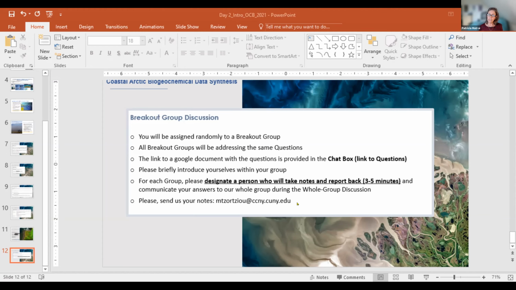For each group, please designate a person who takes notes so that you can report very briefly, 3 minutes at the most, when we all get together. And then please send us your notes. You can take a photo of your handwritten notes, like mine were yesterday, or type them directly into the Google Doc. With that, one of us will remain behind in the main